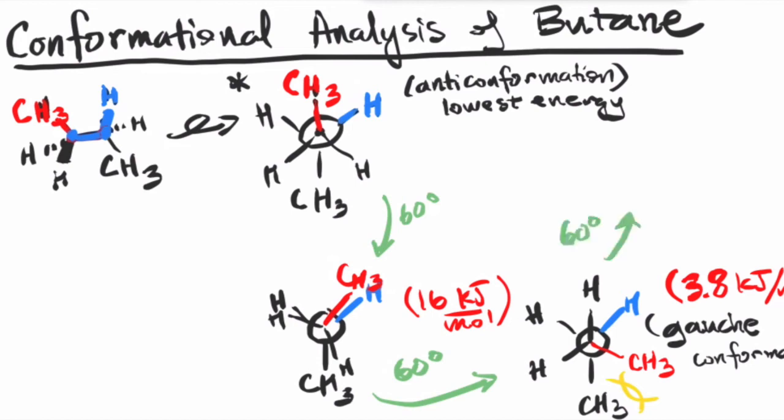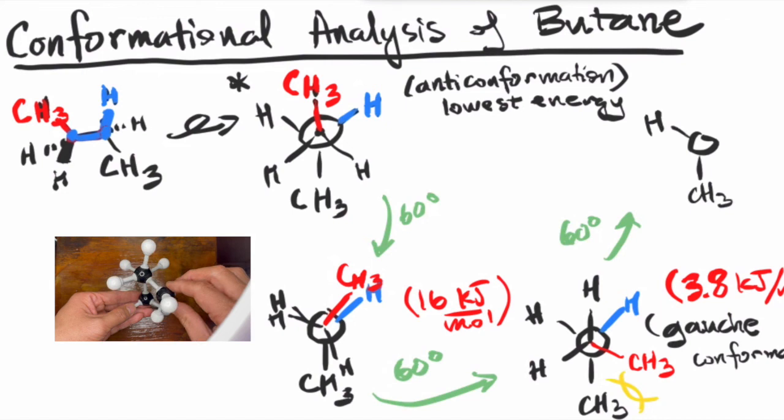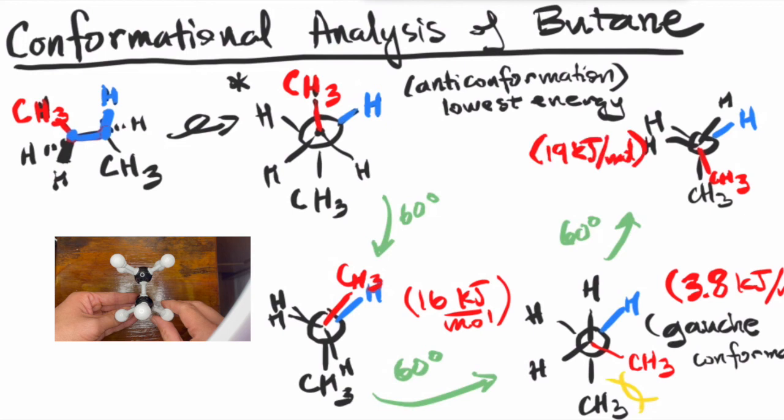There's one last conformation that has a distinct energy level, so we'll do that one more time. So go ahead and rotate again clockwise by 60 degrees of the carbon in front. Again, the carbon at back is not rotated, so we will keep it the same. And so this time, we come back to another eclipsed conformation. But this eclipsed conformation seems doubly bad. It has the highest energy, 19 kilojoules per mole higher than the anti conformation.